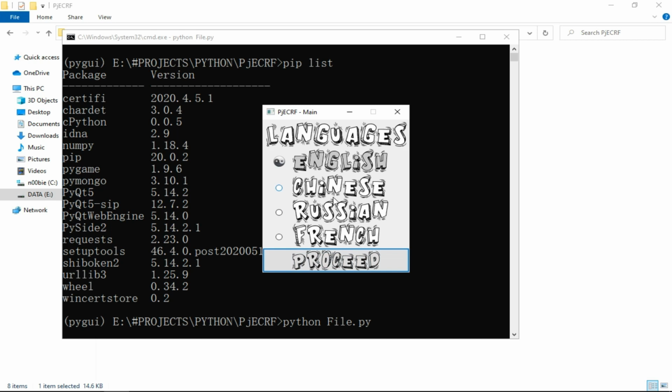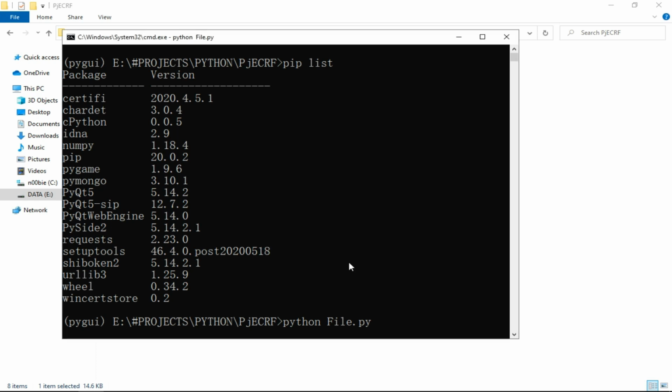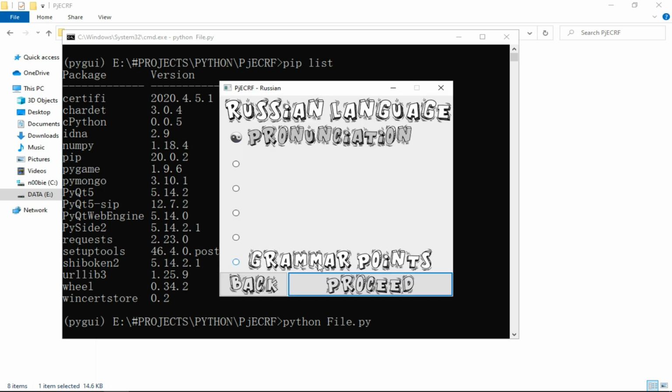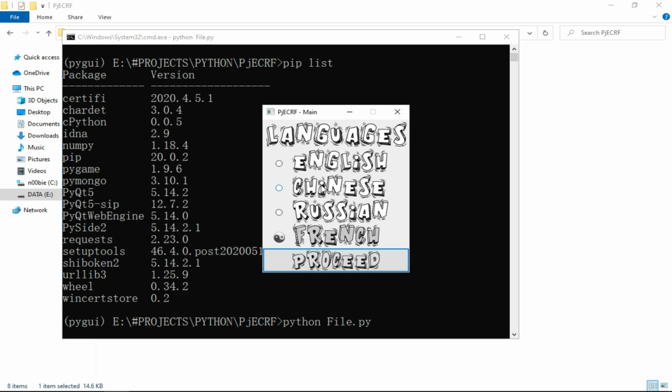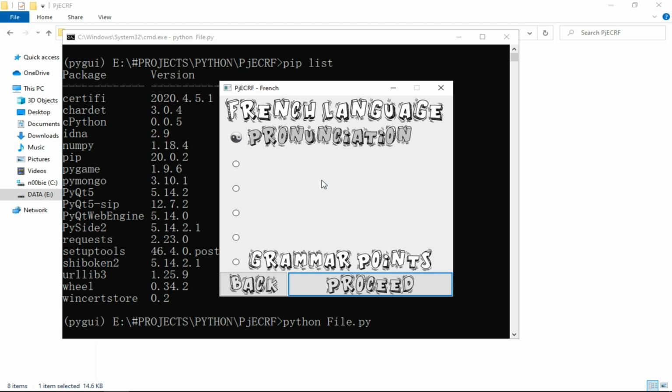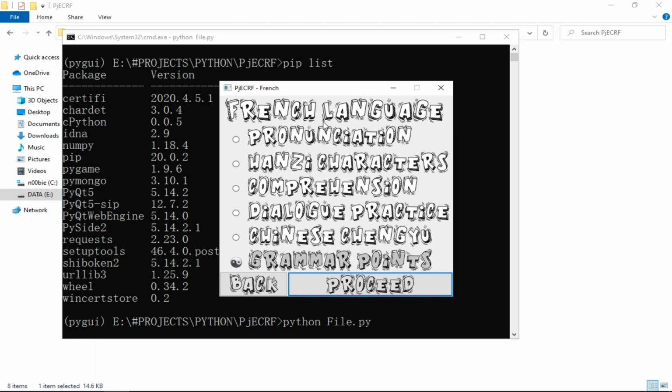Yeah, so this is it right now, what you're seeing here on the screen. Now, just because I've mentioned Chinese is the only thing I'm working on does not mean that I have abandoned all the other things. They are equally as functional as Chinese, the Russian and French. But the problem is there is nothing to show you there. Even what you see right now, pronunciation and grammar, I'm just using the same